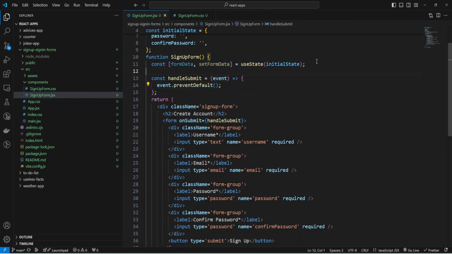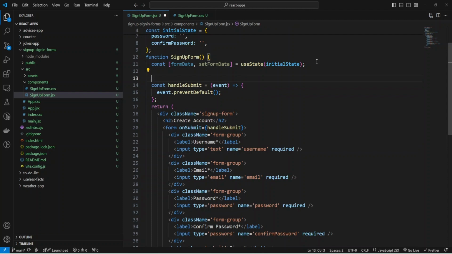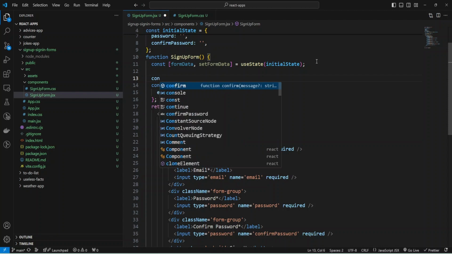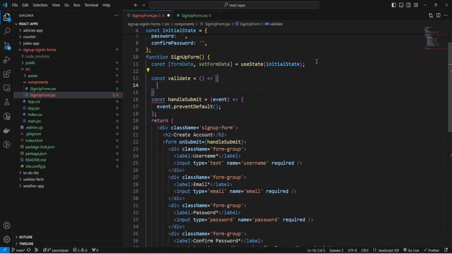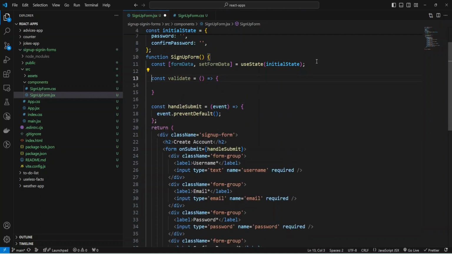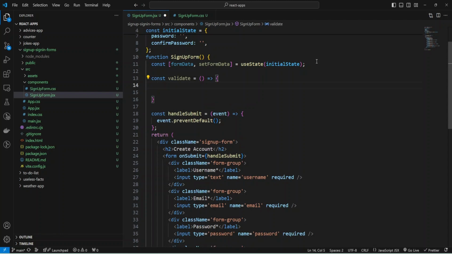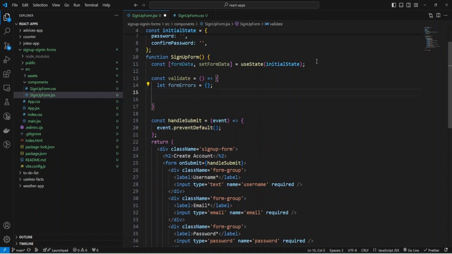And now I need to create a function for client-side validation inside our client-side code. It will be const validate, and it's also an arrow function. And I'm going to create a new variable for errors, for all my errors, it will be an empty object initially.